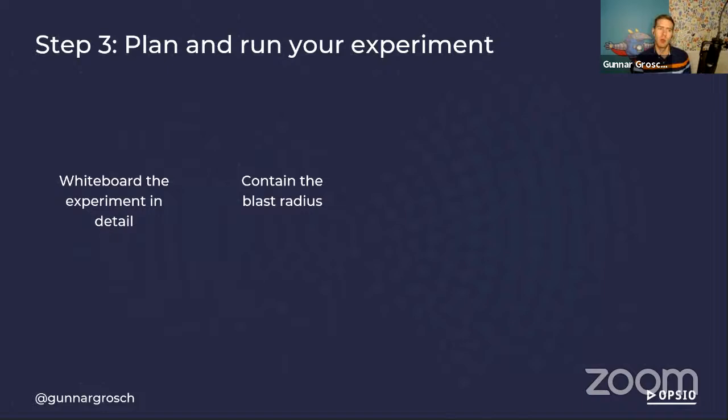But we always, when we create our experiments, we try to make it as small as possible early on. So our first experiment should always be with the smallest possible blast radius, as we call it. And a blast radius, that's basically how big of an impact can this experiment have if it causes a failure. So we can limit it to a certain number of users, specific countries. We can limit it by single Lambda function, for instance, instead of doing something that might cause an outage.